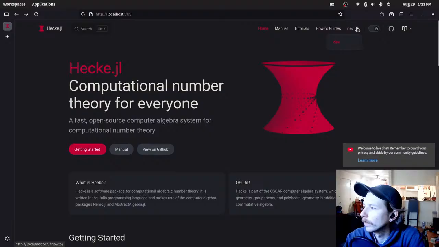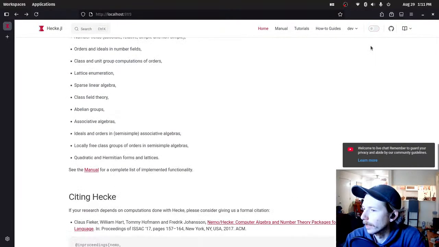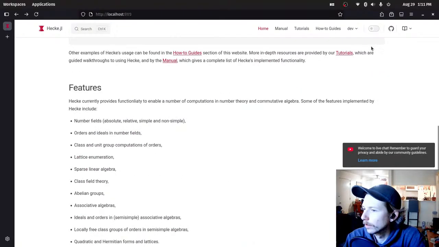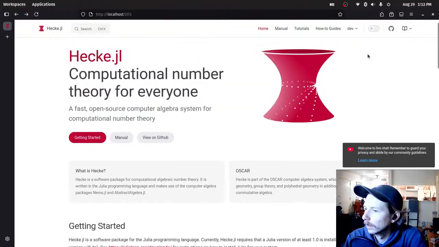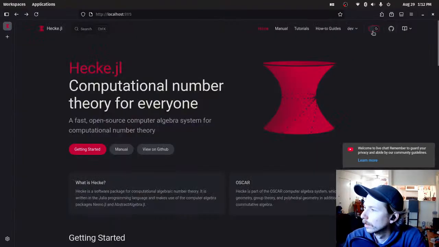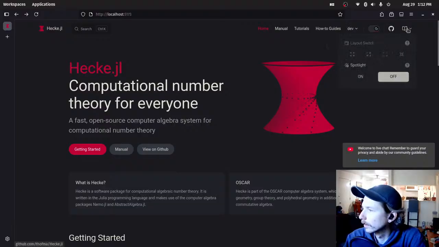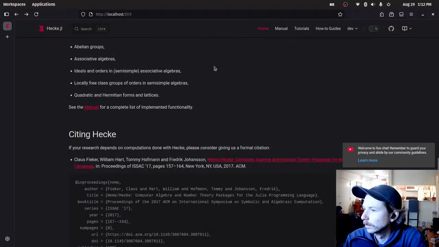Okay. And then light theme. I should say that before I click it in the future, but yeah. Light theme sucks. Okay. Yeah. And then,